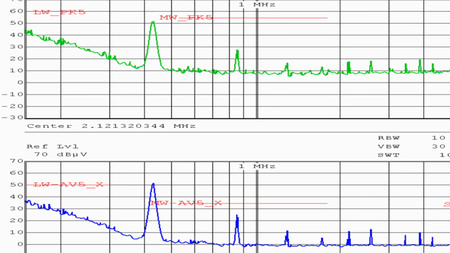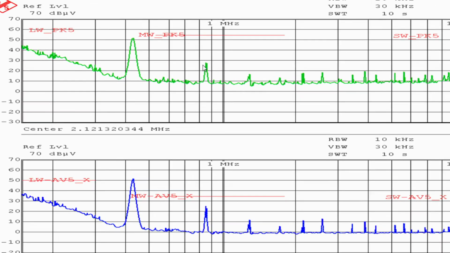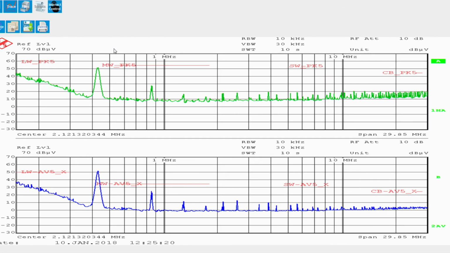You can see that we still have our 400 kilohertz fundamental switching frequency, but the peak has been lowered significantly. Also, our second harmonic, which was failing our peak and our average test, is now well below the limit line. So basically our input filter has taken all of our noise spectrum that we were seeing in this frequency range and lowered it well into acceptable limits.